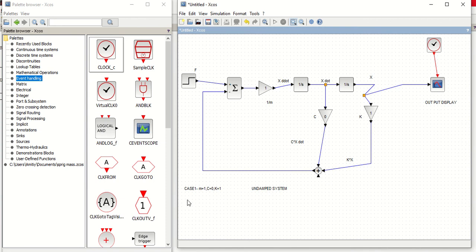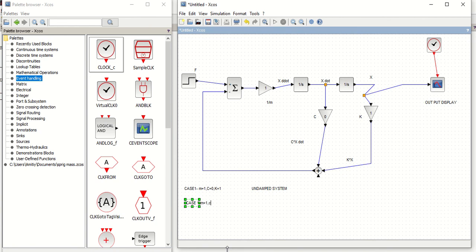Now in case 2, if I take the same value of mass, m is equal to 1 I am taking.